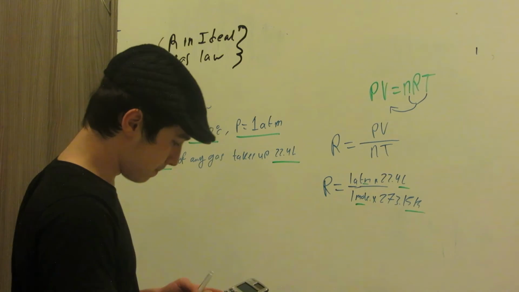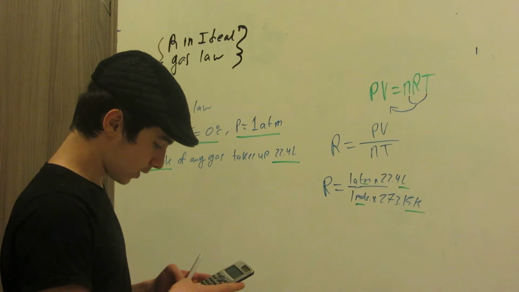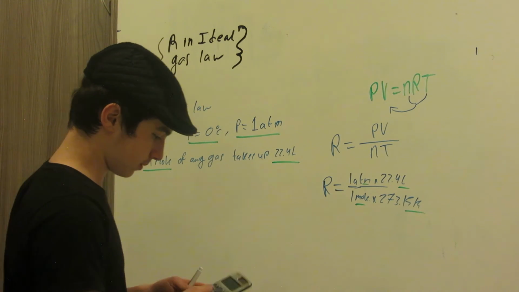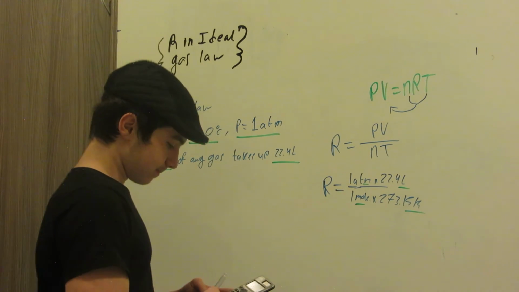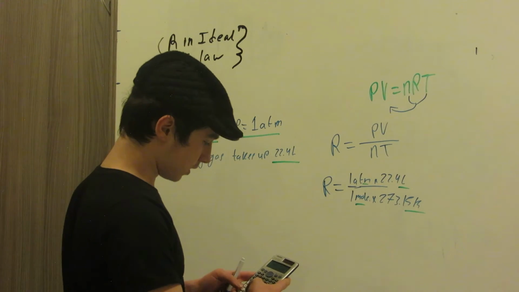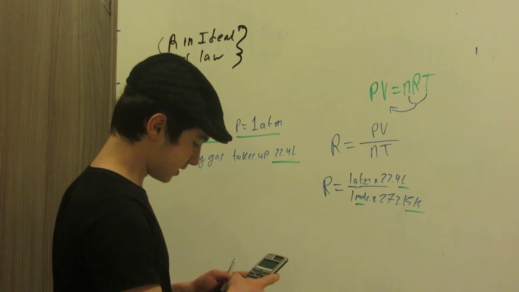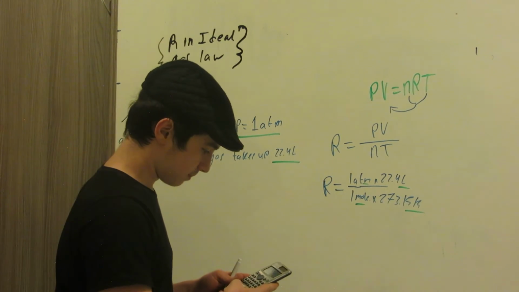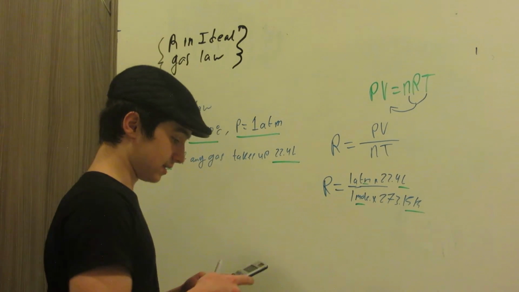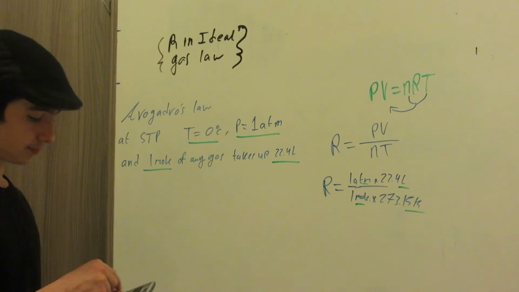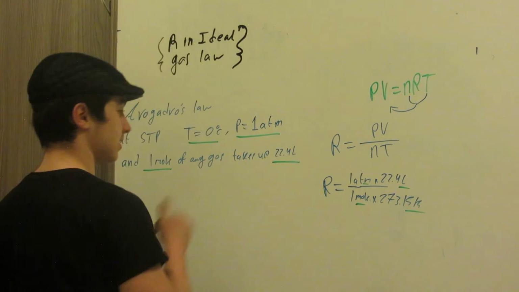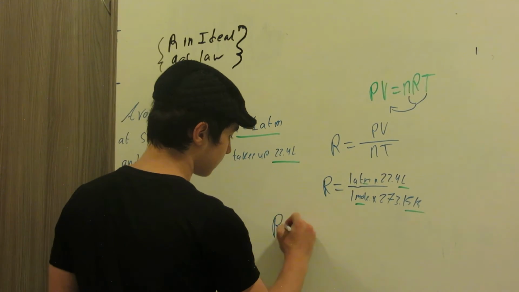So we're going to have 1 times 22.4 over 1 multiplied by 273.15. Let's put equals, and the number that is given is simply this. R equals